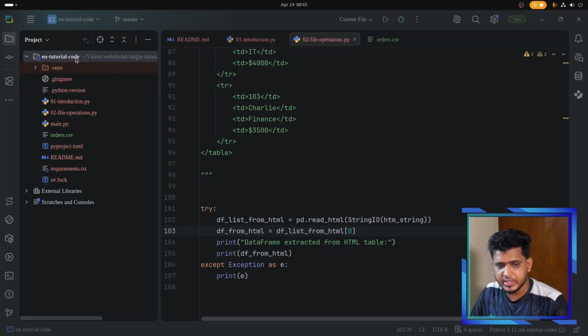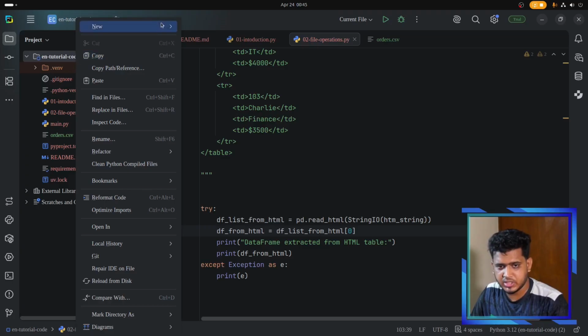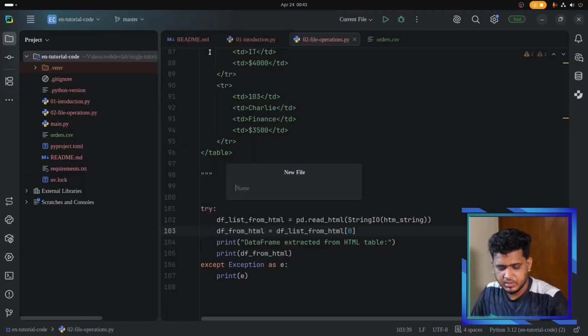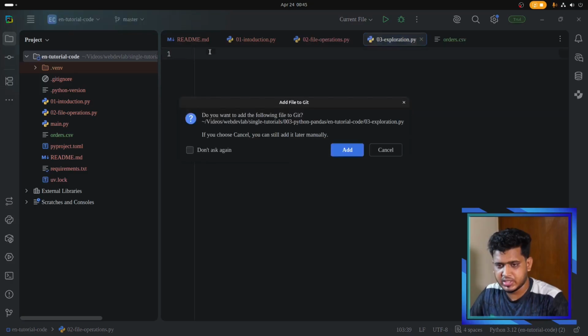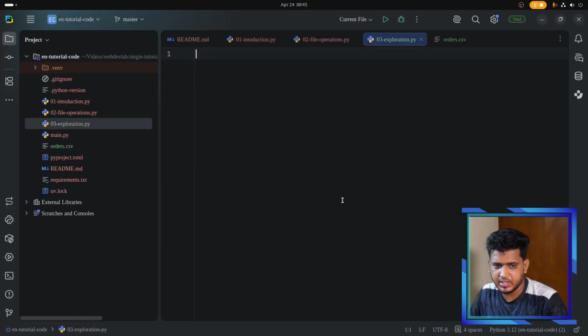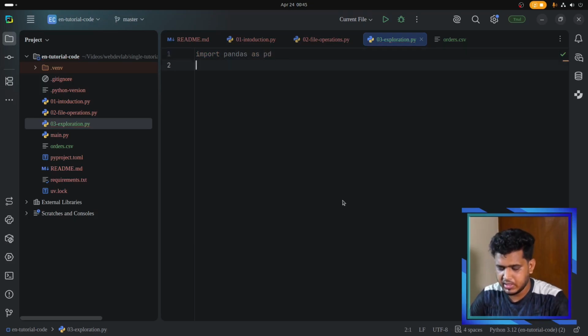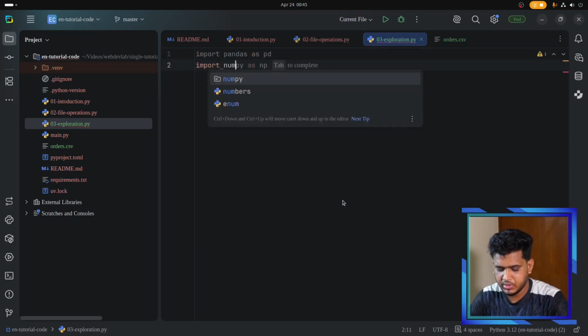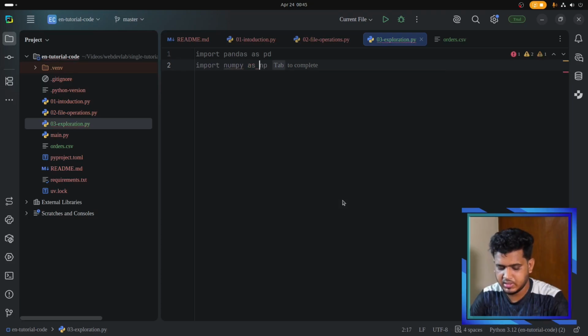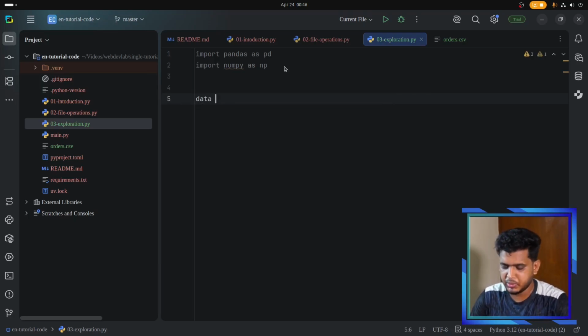Now I am going to create another file with the name of exploration. Create a new file, 03 exploration.py. This is the name of my file. In here again I am going to import pandas as pd, then again I am going to import NumPy as np, and in here I'm going to create a new dictionary with the name of data, and inside